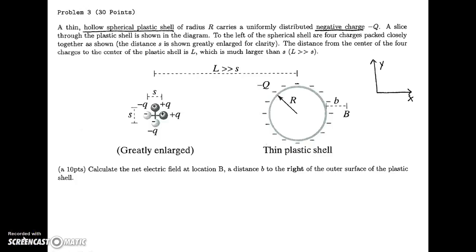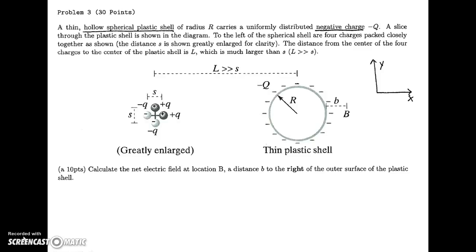Problem 3: a thin, hollow, spherical plastic shell of radius r carries a uniformly distributed negative charge, negative q. A slice through the plastic shell is shown in the diagram. To the left of the spherical shell are 4 charges packed closely together as shown. The distance s is shown greatly enlarged for clarity. The distance between the center of the 4 charges and the center of the plastic shell is L, which is